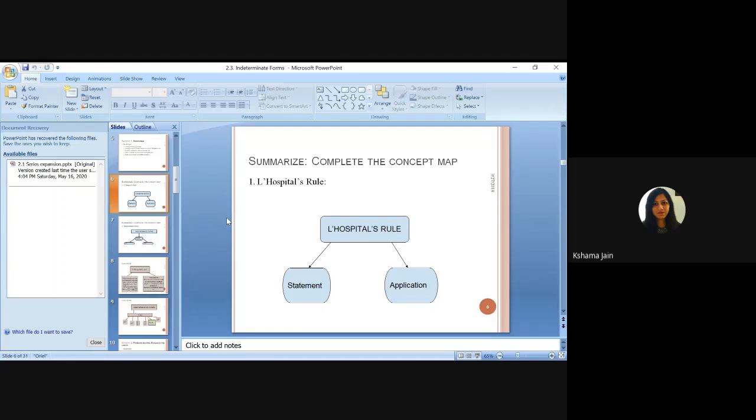After that, whatever the limit was, like x tends to a, we will put that value x equal to a into the function. Again, we will check whether now we are getting a finite value or an infinite value. If it is finite, we have achieved our mission. But if it is again infinite, we again apply L'Hospital's rule. It is not defined that only this number of times we should apply L'Hospital's rule. You will keep applying it until we get a finite value.